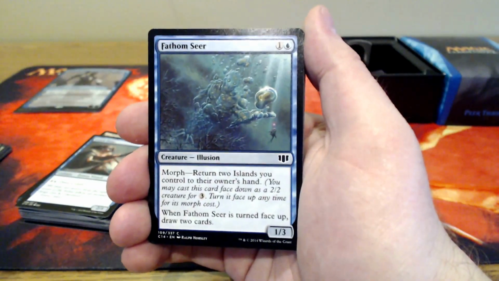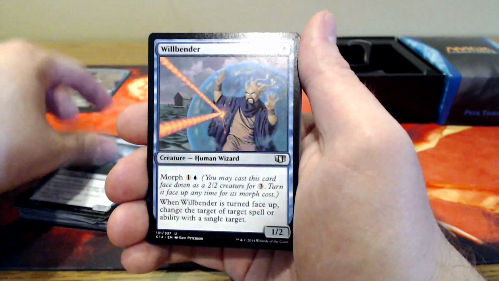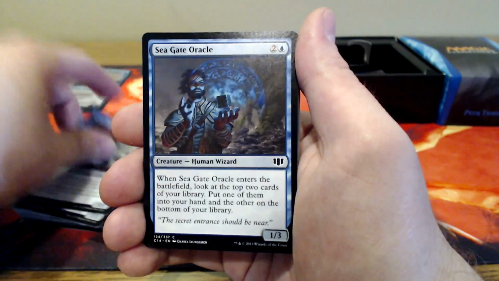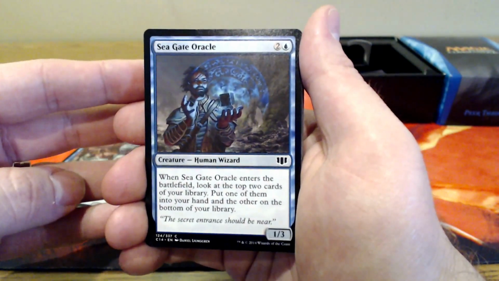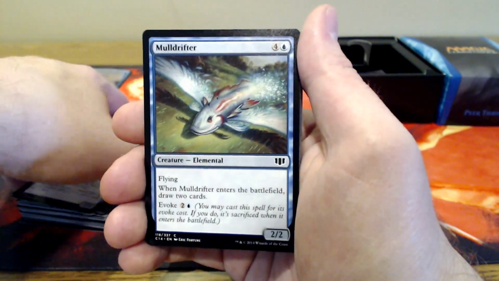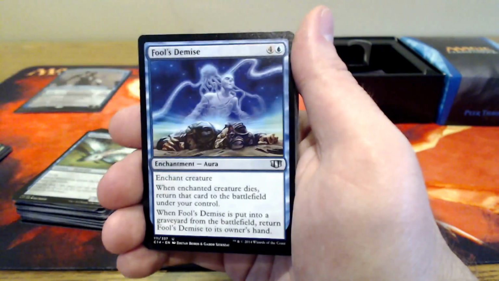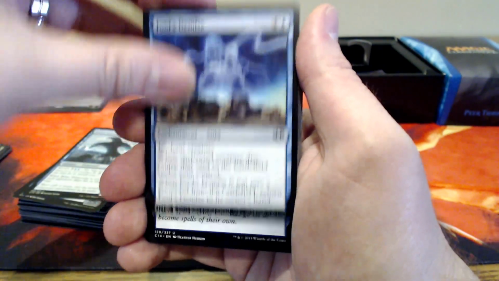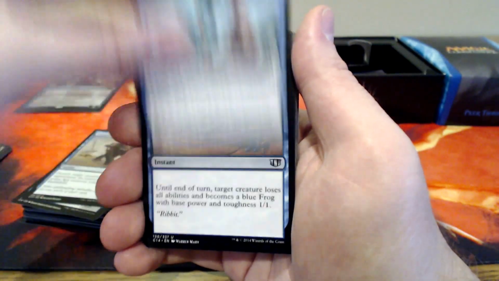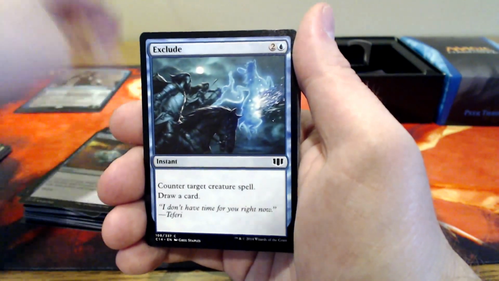Fathom Seer. I'm just going to go through the commons real quick. Fogbank, Willbender, Riptide Survivor, Seagate Oracle, Shaper Parasite, Mole Drifter, Brine Elemental, Fool's Demise, Hongify, Into the Royal, Turn to Frog, Exclude,